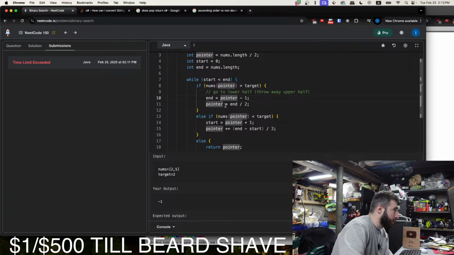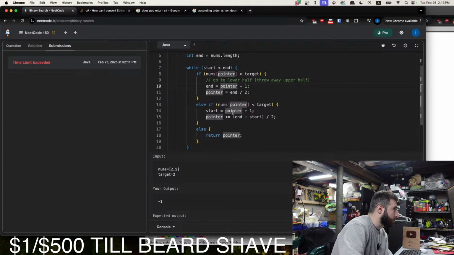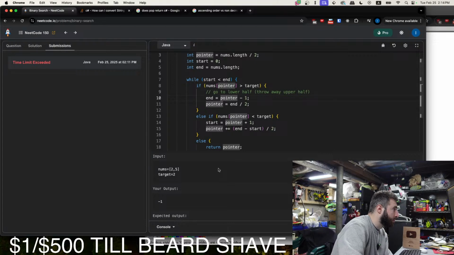And we set the pointer to 1 divided by 2, which is 0. Pointer is 0. Start is 0. End is 1.